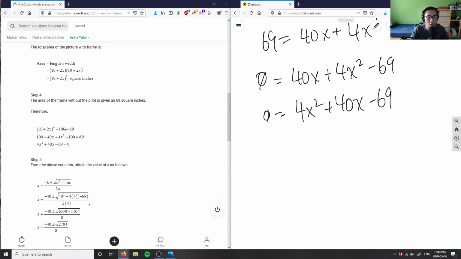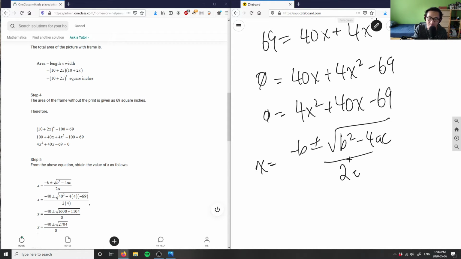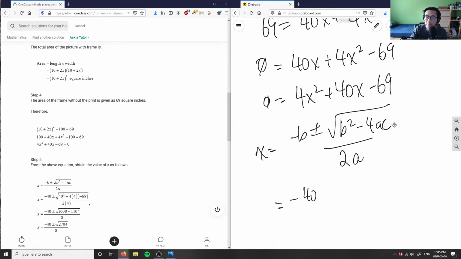As you can see, our solution here is correct so far, right? 4x squared plus 40x minus 69 is correct. So I'm simply just going to use the quadratic formula to figure this out. So I'm going to say x here would equal negative b plus or minus the square root of b squared minus 4ac, all over 2a. So here is our quadratic formula. This here is negative b, where b is 40. Negative b is negative 40 here, plus or minus